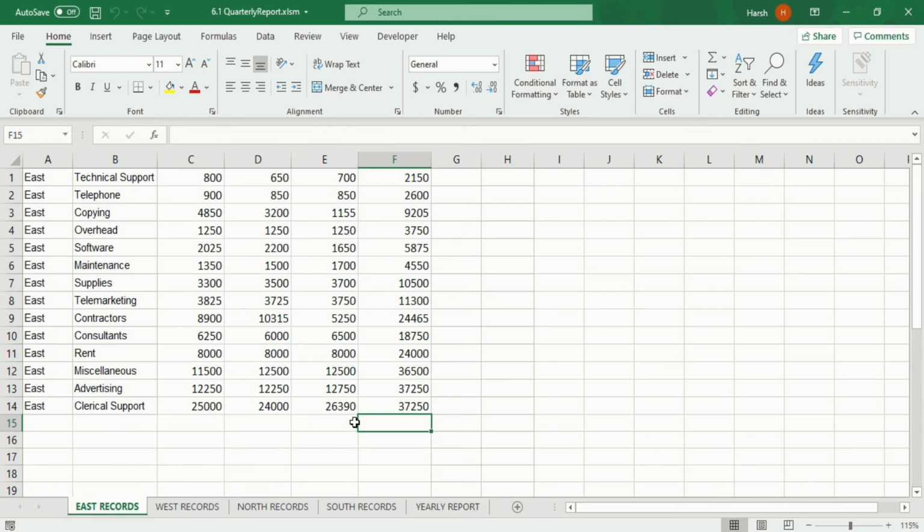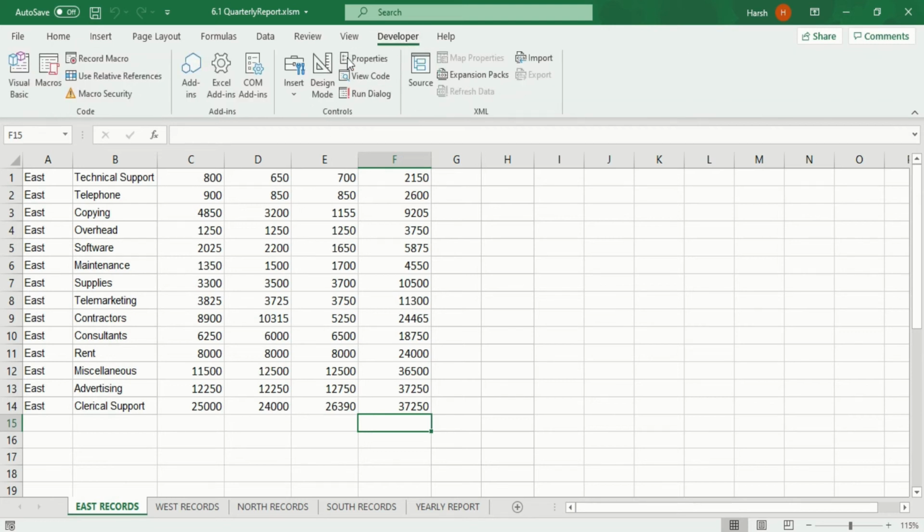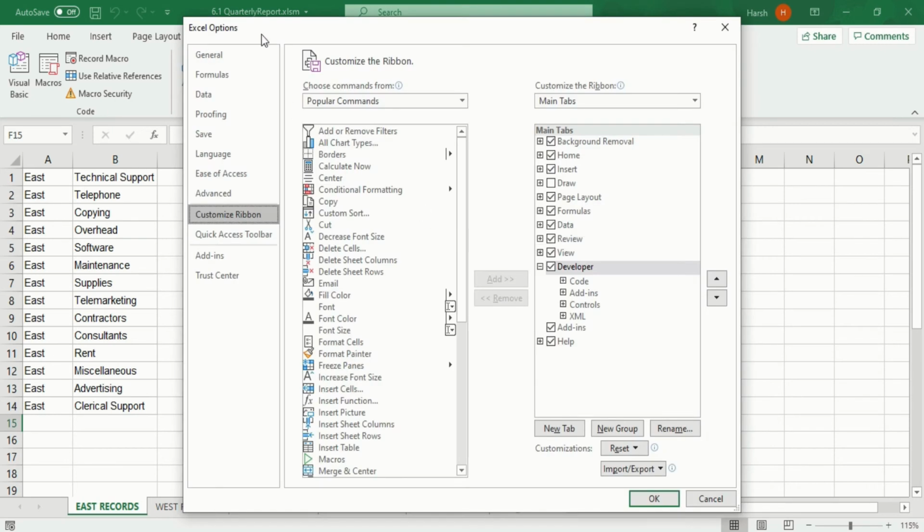Before going any further, I will tell you I have already created a few codes through a macro recorder as well. So if we go into the developer tab, and if you are new and you do not see a developer tab in your main tabs, you should go into any of the tabs and just right click on any button, that is view, review, anything, and click on the customize the ribbon option. When you click on it, a new box will appear on your screen, that is Excel Options. You just go into the main tabs option. In the main tabs, you have to see whether the developer tab is checked or not. If it is not checked, you should check it and click OK. After that, you will see the developer tab appear on your screen.